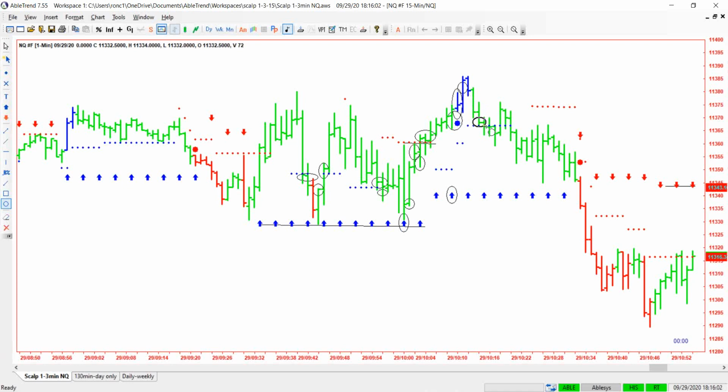Losing trade here. Hits the blue dot, closes above it. 1 minute later, closed under. We have our stop 2 points under the blue dot. We lost 3 points on that trade right there. These bars all closed under it. This one closed above it. We lost on that trade too. Closed under the blue dot. So,